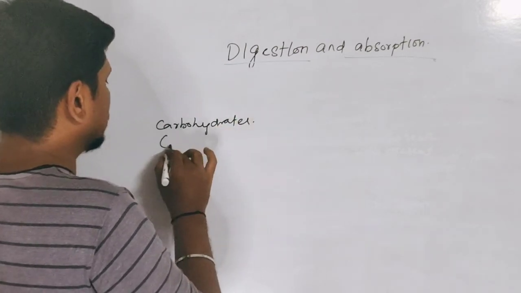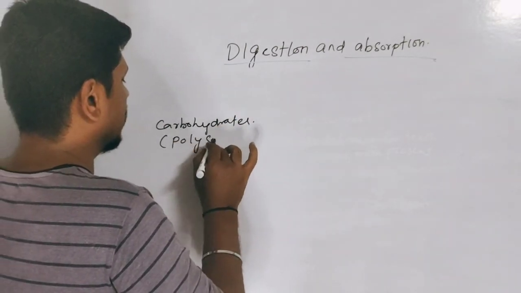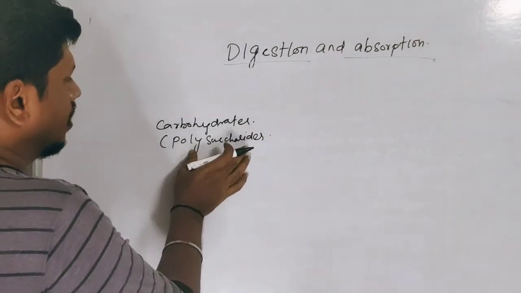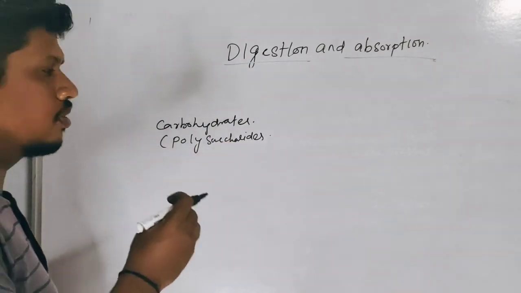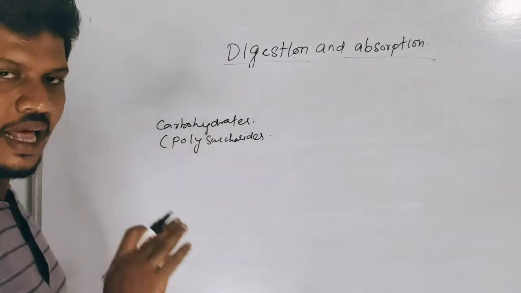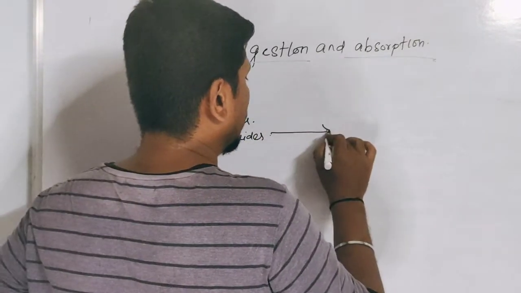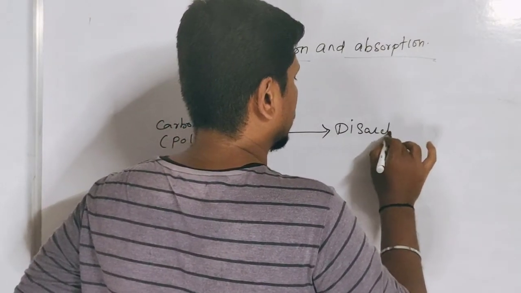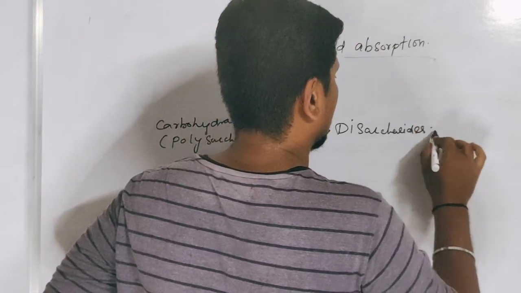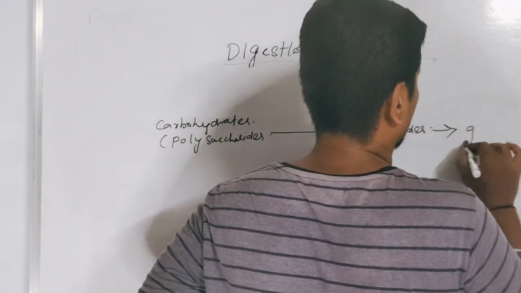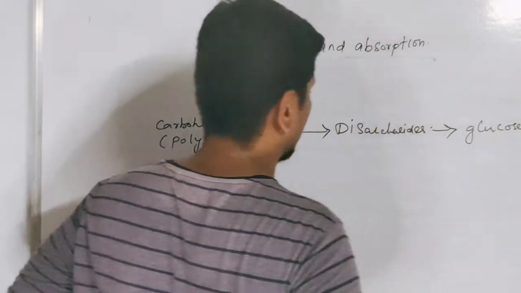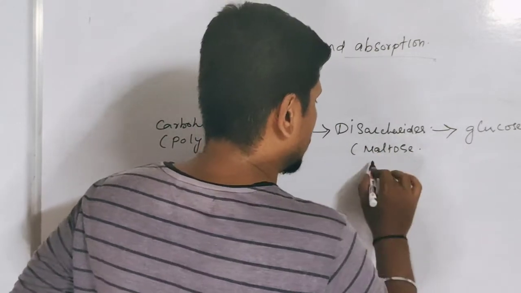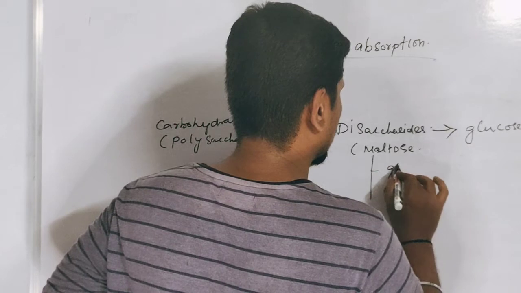Carbohydrates, right? You can consider it as a polysaccharide. Actually, this polysaccharide is not at all possible to utilize in our body in its original form. As a result, it needs to be broken down and converted into a simpler form: disaccharides, then finally glucose, right? Disaccharides you can consider as maltose. Again, maltose is made up of glucose and glucose